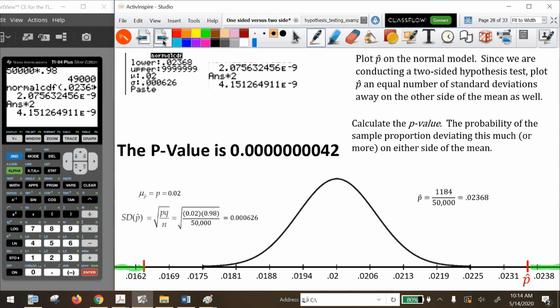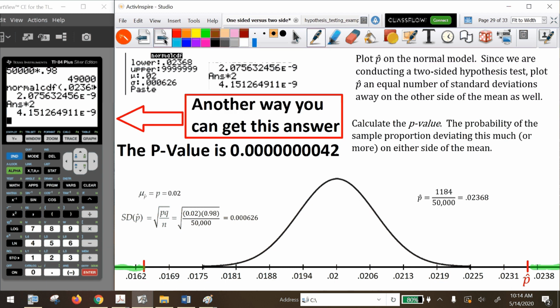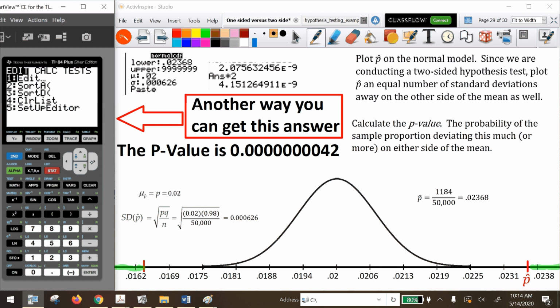By the way, here's another way you could do this. If you're watching this video, here's a little statistics gold membership. Another way you can get this answer really easily without doing all this. You go into stat. Don't tell anyone about this. This is a secret. You go into stat. You go to test. You go to 1 proportion z-test. And you just specify that p sub 0 is your null hypothesis value, so it was 2%. The x value is the number of successes that you got in your sample. So we had